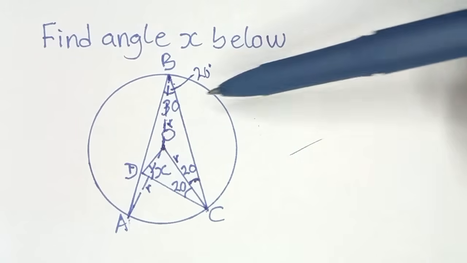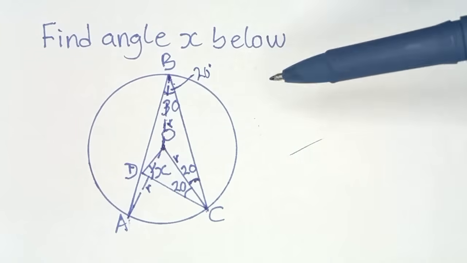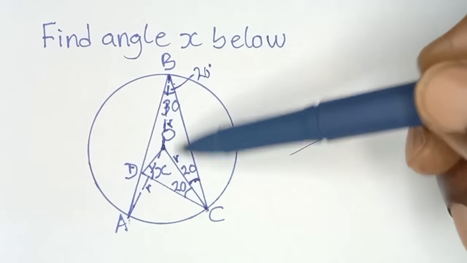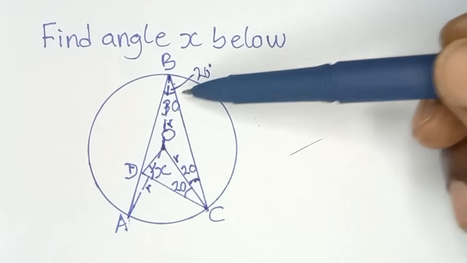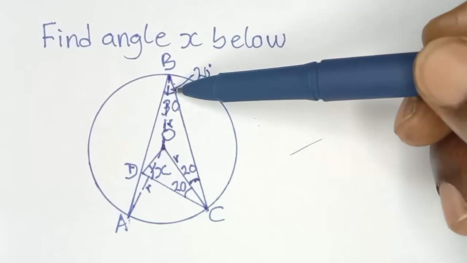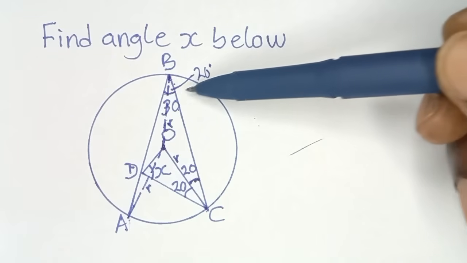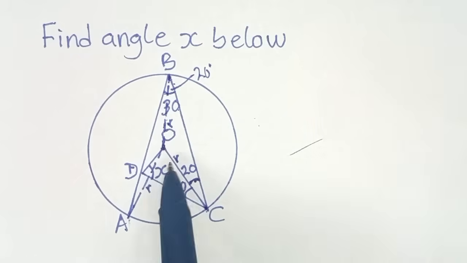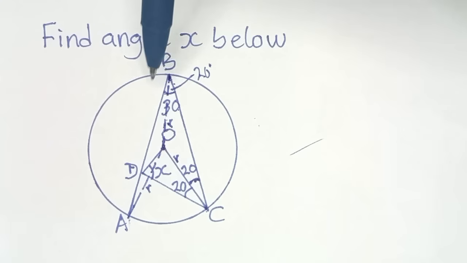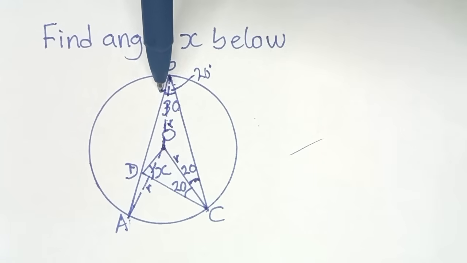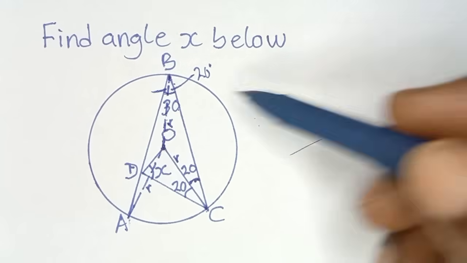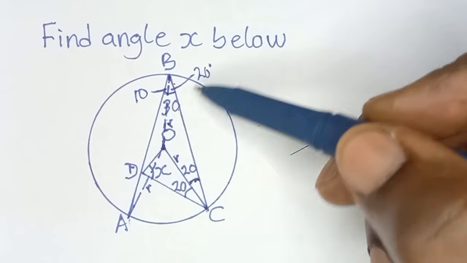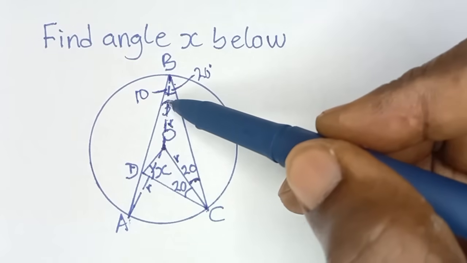Then don't forget that the whole of this angle as shown from the beginning is 30. You can see the 30 here, that my dotted line is on it. So this is 30 degrees. Now a portion of it we have already identified as 20. That is, a portion of this 30 degrees is already 20. So that means the remaining portion now, which is this small angle here, is 10 degrees. So that the sum of 20 and 10 will give us 30,